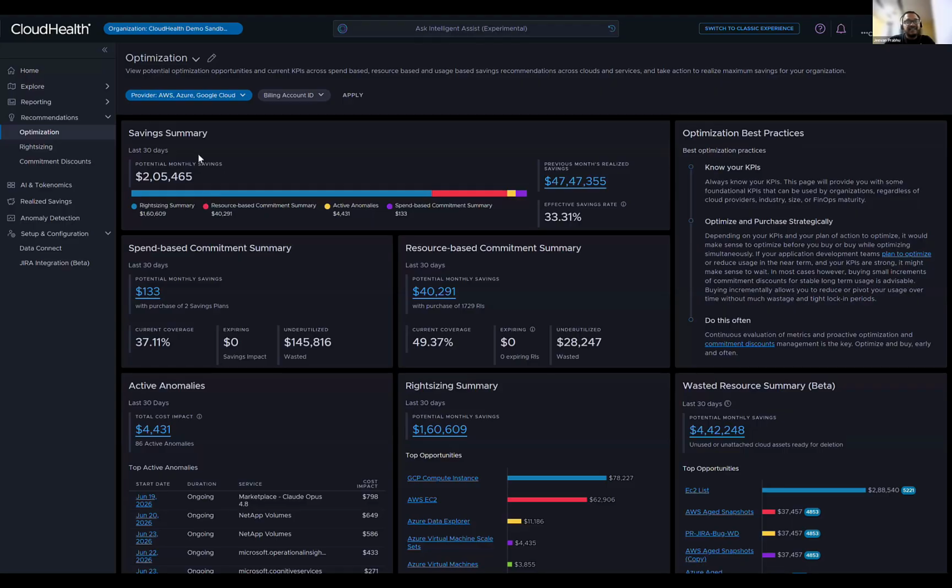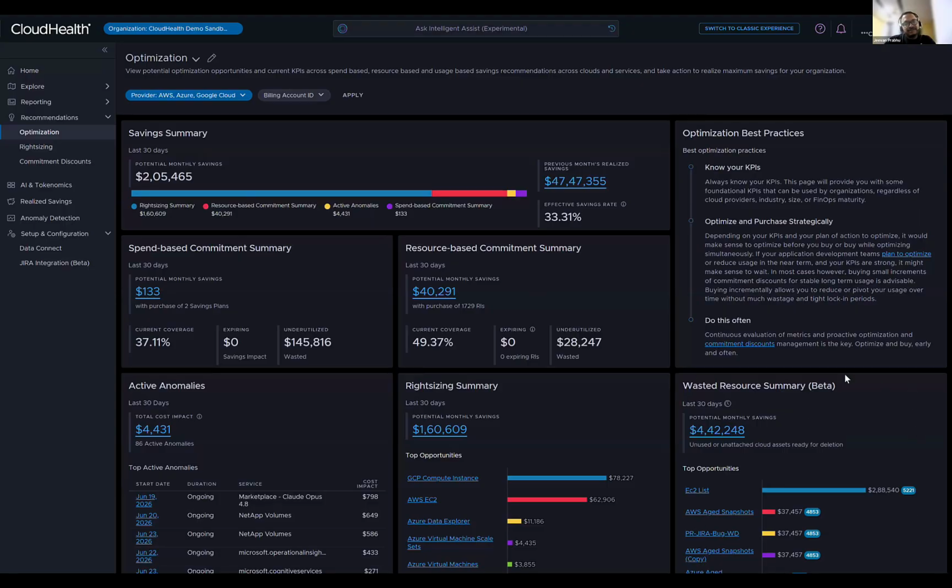Total savings shows what you can do for your future, so that the future is better and optimized, and how well you did in the past. That's what this realized savings covers, over the months. So that's the thought process we had in mind, so that chronologically you have present, past, and future well covered in terms of how you approach optimization, and how you strategize based on that.